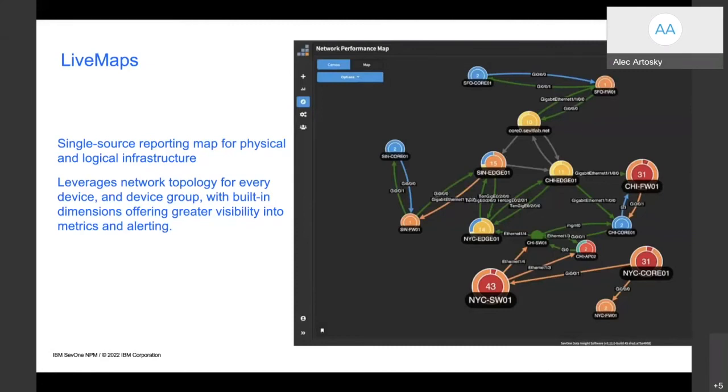So these are all great components of the SevOne platform that really show how we're not just collecting your data, we're using the AI capabilities of the product to ultimately show how it's all interconnected and how we can make it more than just a collection engine. It can be a way to make your data more valuable to you and more useful.